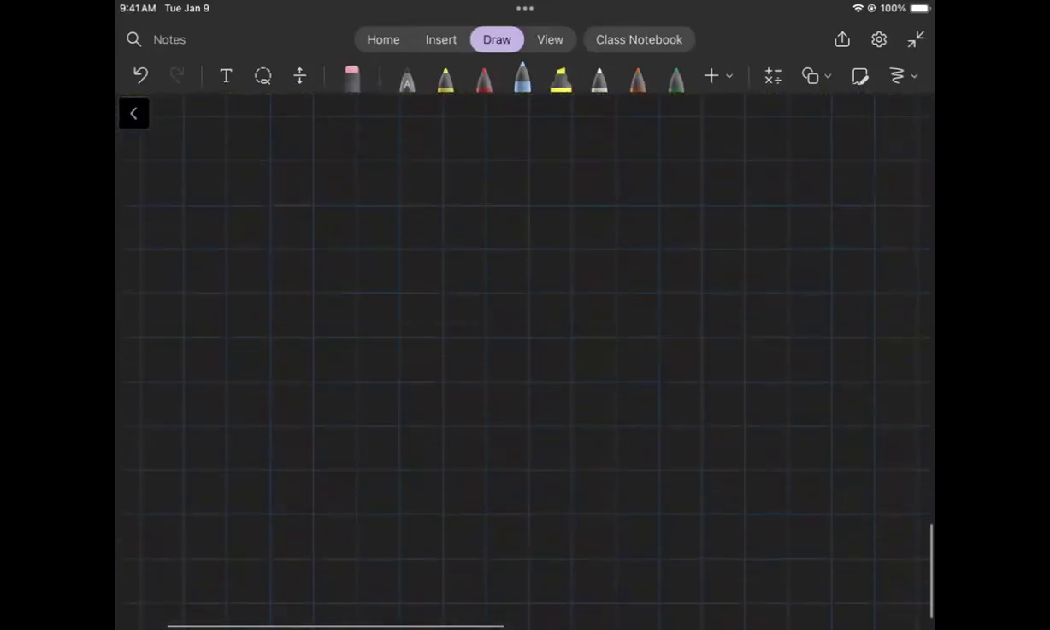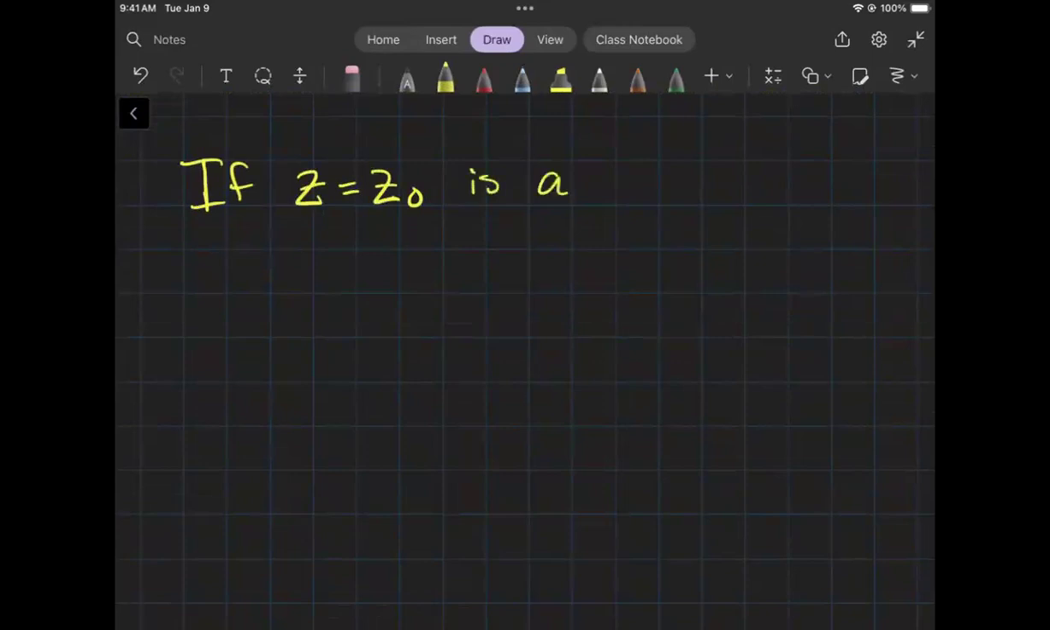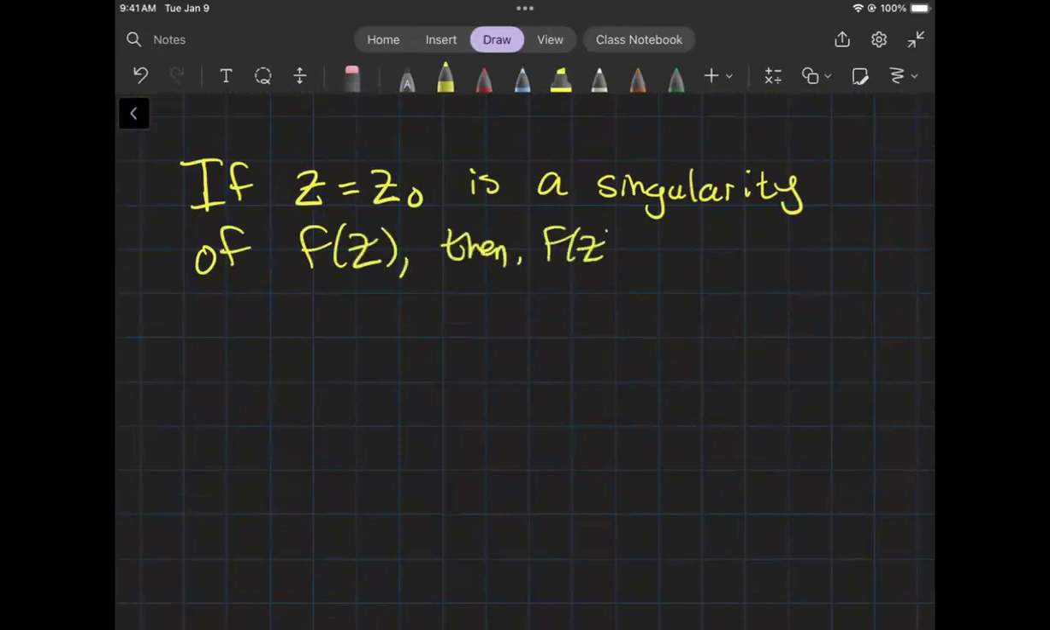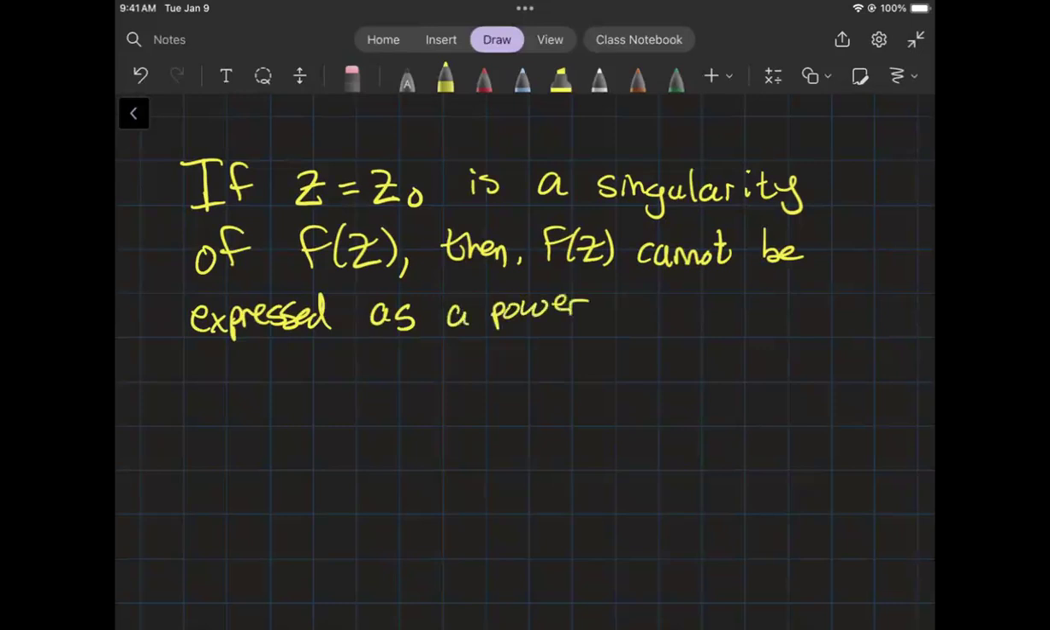So, another thing is if z = z naught is a singularity of a complex function f(z), then f(z) cannot be expressed as a power series. Right? However,